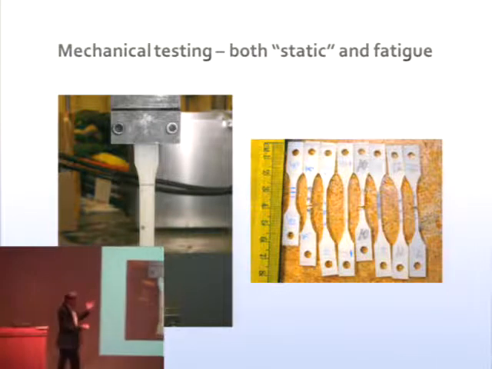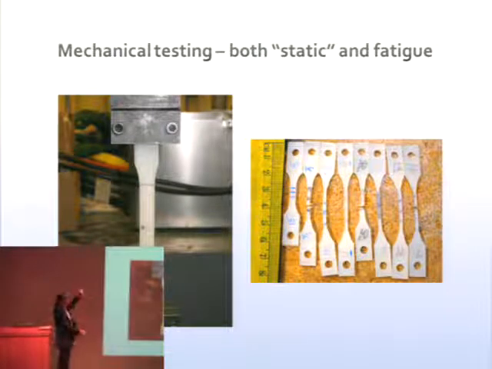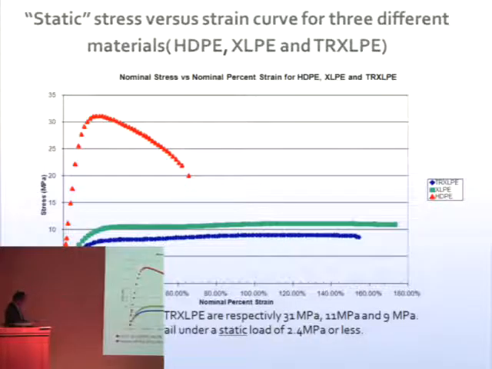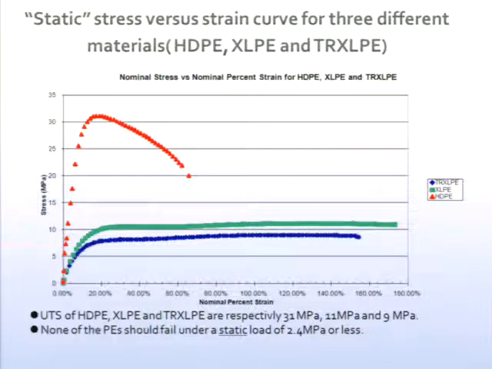And you can see some of them come apart. Some of them simply stretched so far that they reach the limit of the machine. The machine can't stretch them any further. And if we plot the stress versus the strain,